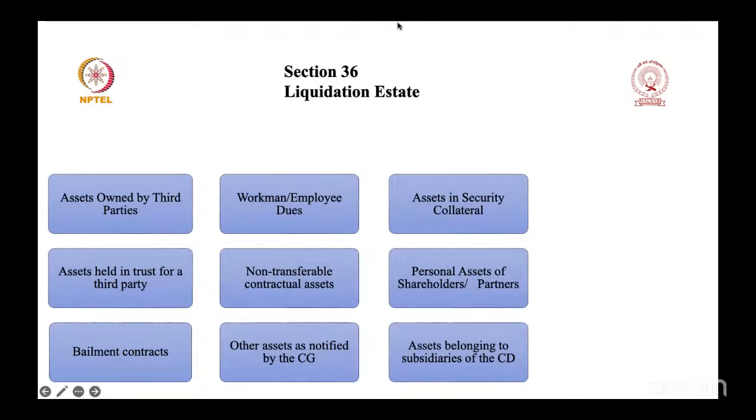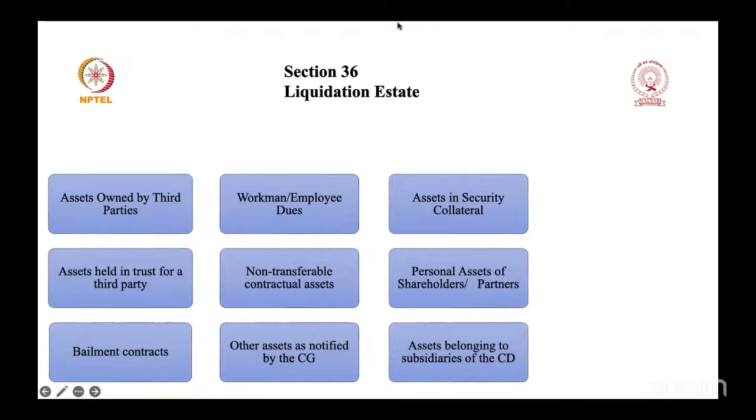Then Section 54 talks about dissolution of a corporate debtor. This is perhaps the last of the sections that is dealing with liquidation. It says that where the liquidation is completed and the liquidation asset is distributed amongst the creditors, then the corporate debtor can be dissolved. How many of you remember the difference between